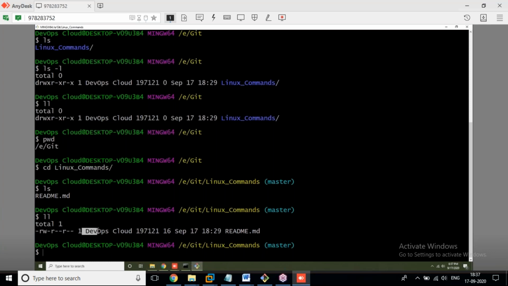Yes, user is here, group is here, user and group are there. Yes, we will discuss later on that. What is that user, what is that group, what is that others, and what are the permissions, what is this rw, what is this hyphen. Okay, we'll discuss in depth, because it's very important. It's very important for administrators. Even our DevOps administrators also have to learn about this one.